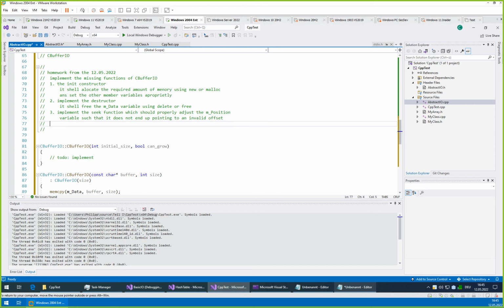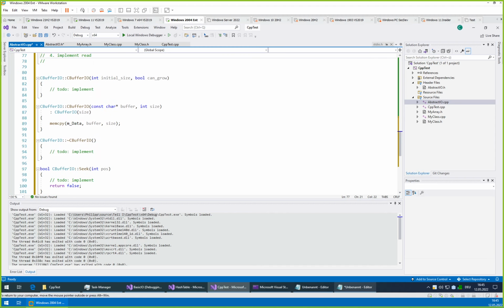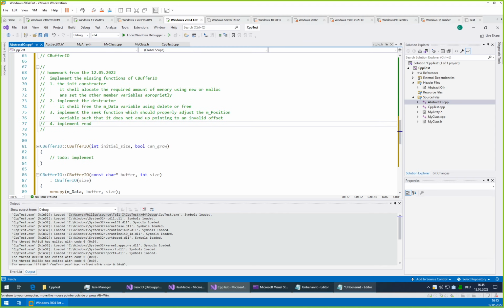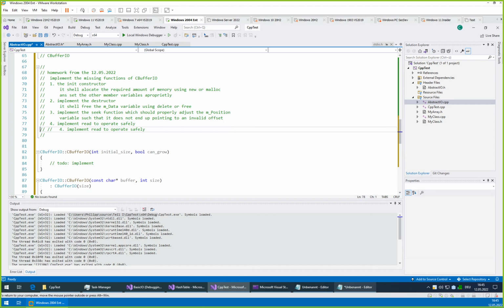Okay, and then implement read to operate safely and implement write to operate safely.